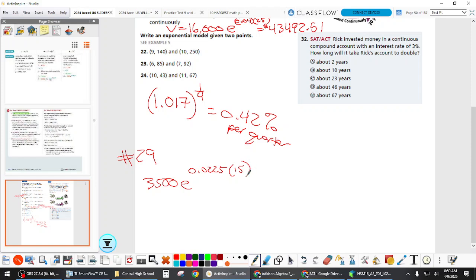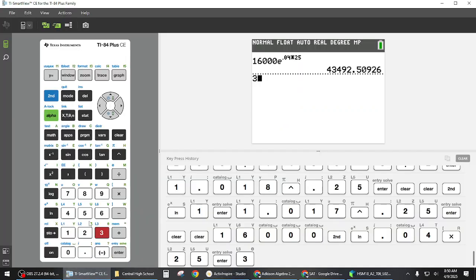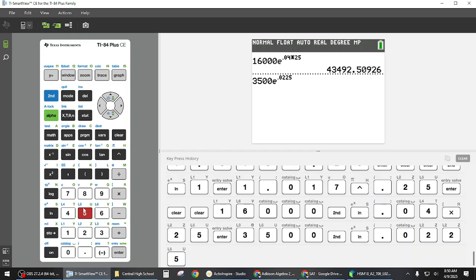All right, so this question is asked a little differently. Let's see how you did on it. When you plug this in, also be careful with this percent as a rate, and the rate as a decimal. Make sure you get all the 225.0225. And then the time again was given with years, not the actual number of years, but the dates kind of. So this is our new total,